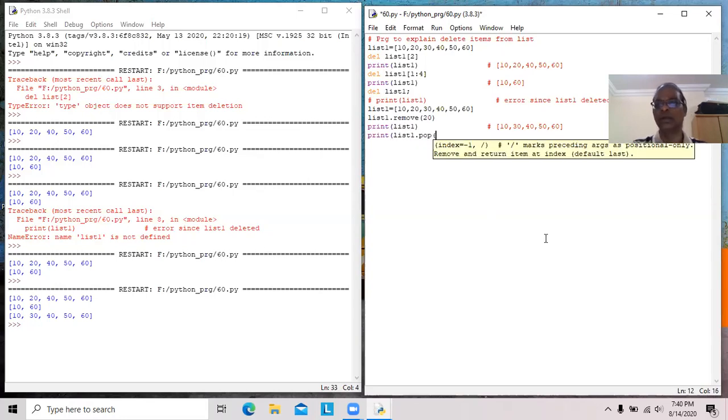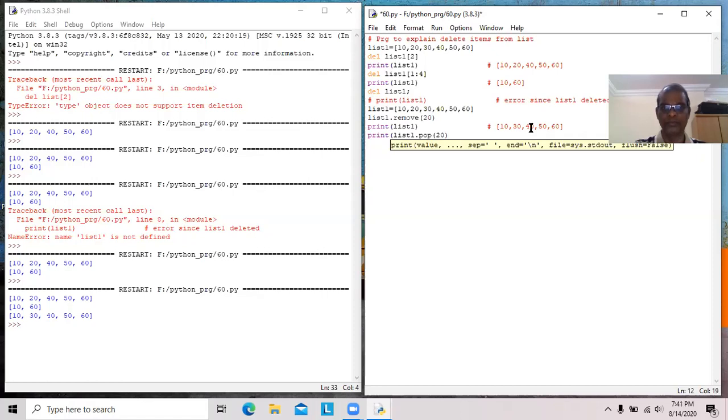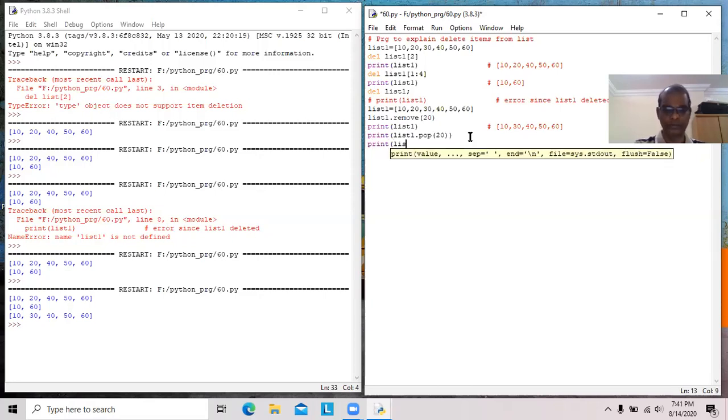Which element? With pop, we have to specify the index 0, 1, 2, 3, 4. I want to delete 40. It is available in the second location, that is second index. We have to specify list 1 dot pop. In this case, it will return.